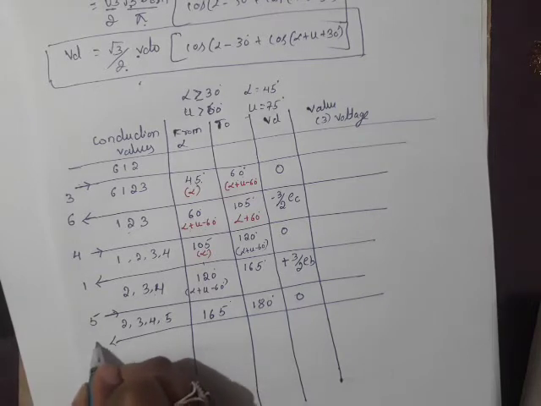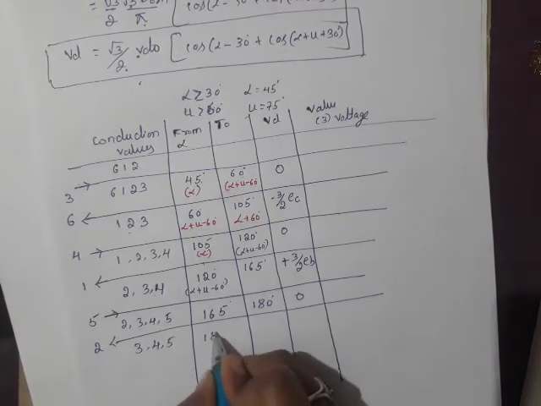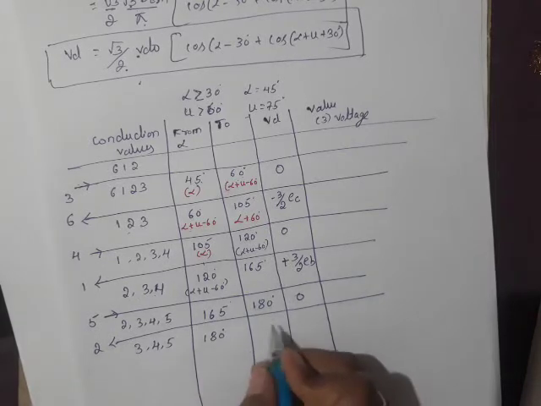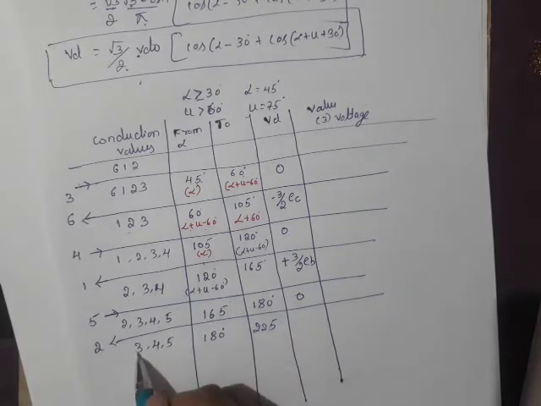And here valve number 2 goes out of conduction. 3, 4, 5, and this is from 180, how much do we need to add? Plus 45, that is 225. So during this period valve number 3, 4, 5 are conducting. In the upper limb, 3 means EB, 5 means EC.